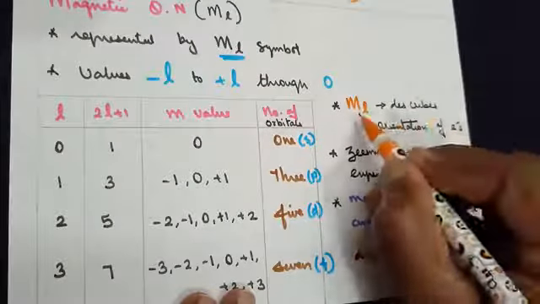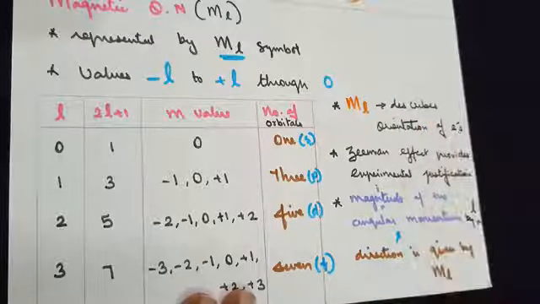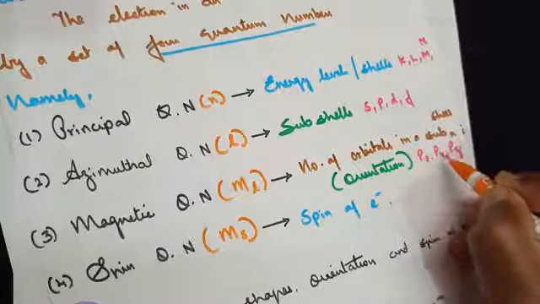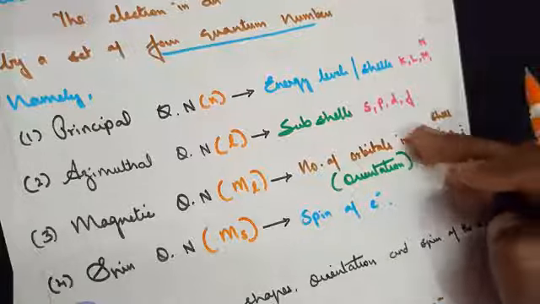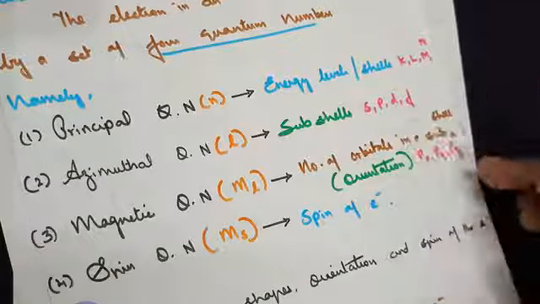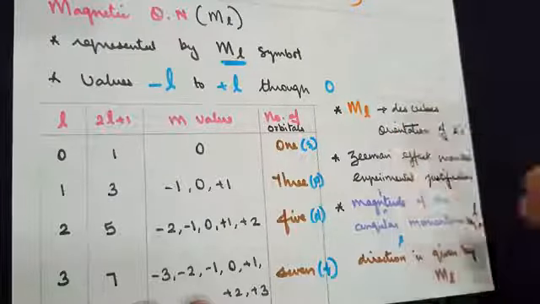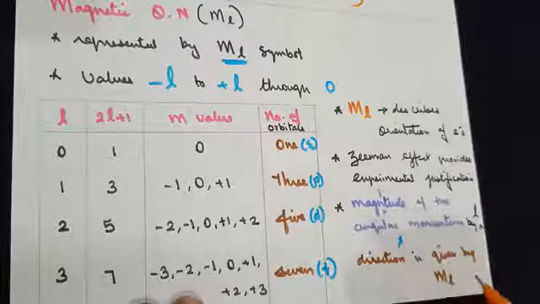Few more points to add. ml, the magnetic quantum number, describes the orientation of the electron. Right now I'm not talking about it; when I give you the shape, I will tell you. Remember what I told you: px, py, pz, meaning electrons are found along the x-axis, along the y-axis, along the z-axis in the p orbital. A little more explanation I will give you when I show you the shape of the orbital.